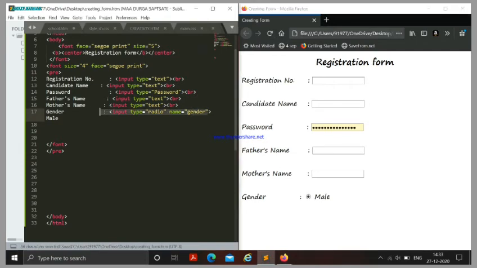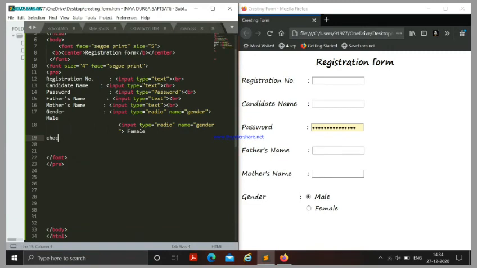And then copy paste that line. And for the submit button we put the input type as button.